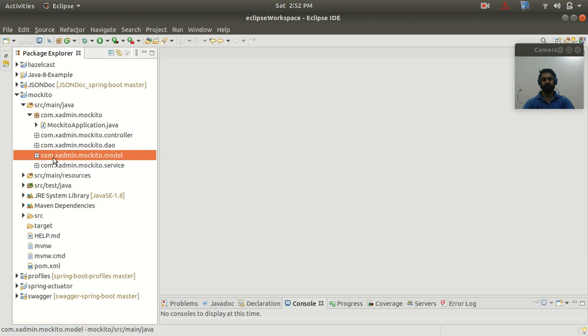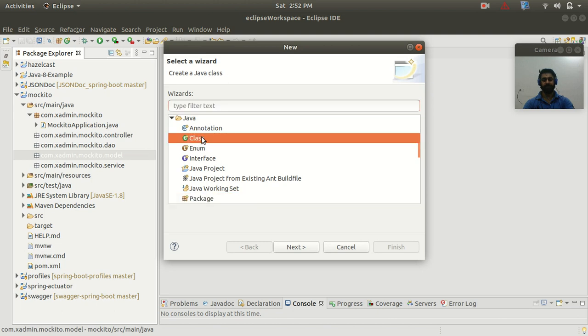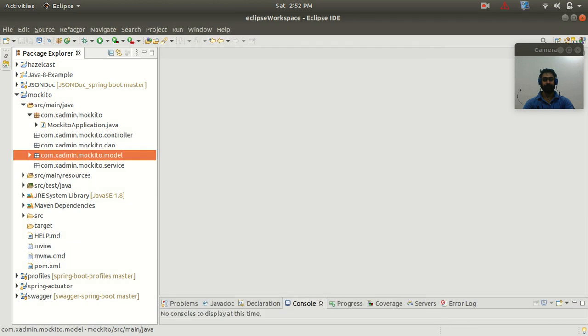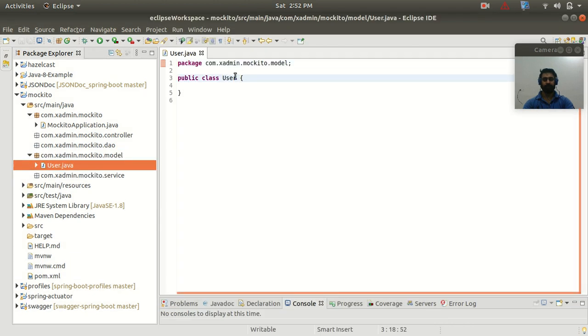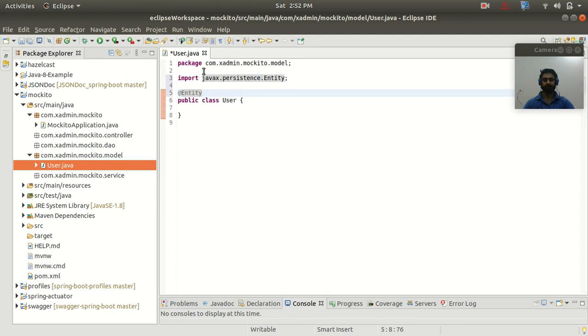So now let's go to our model package, and here I'm going to create one entity class with the name User. So this is my entity class. So mark this with the Entity annotation.